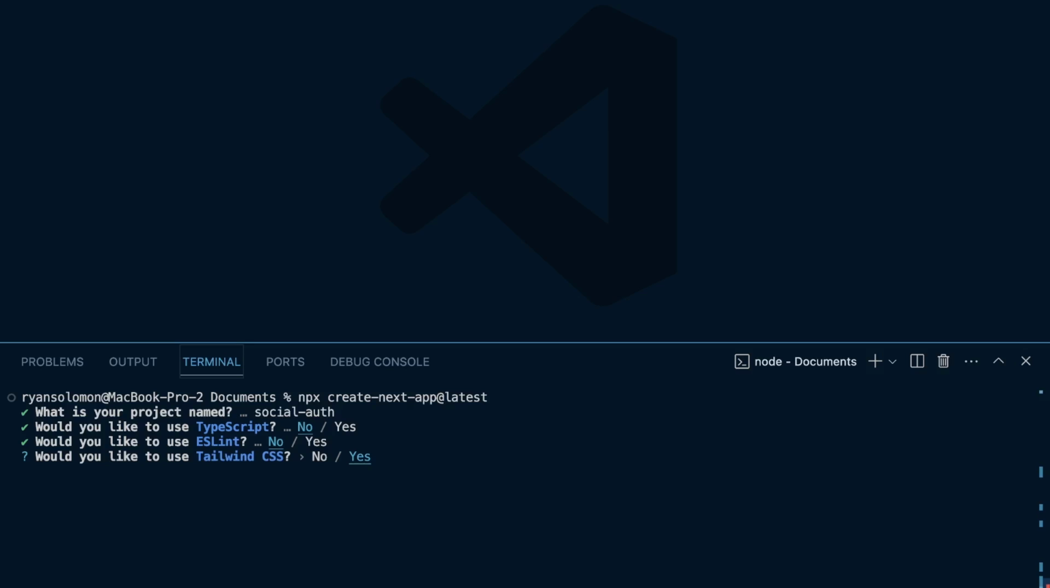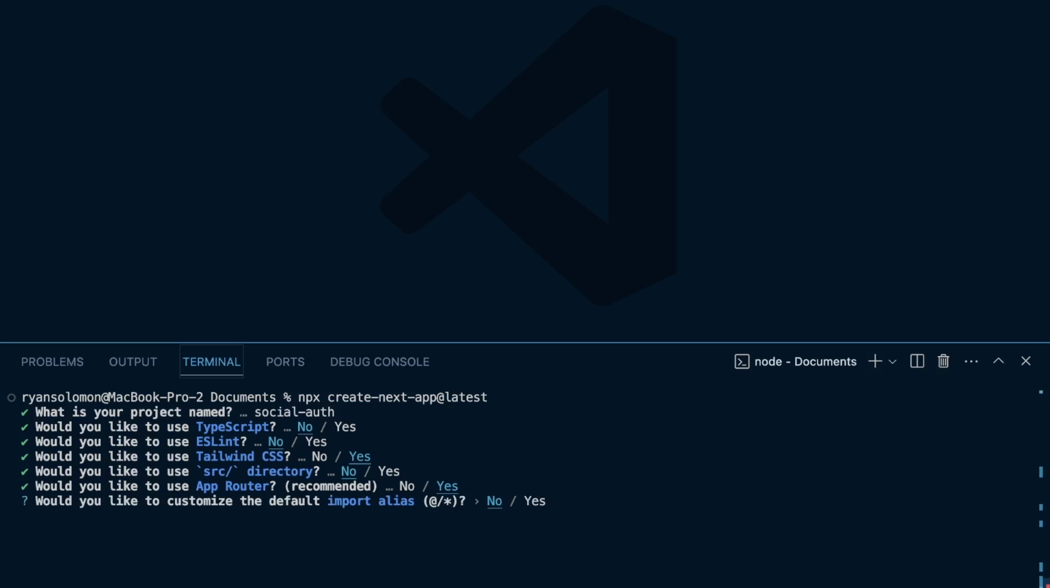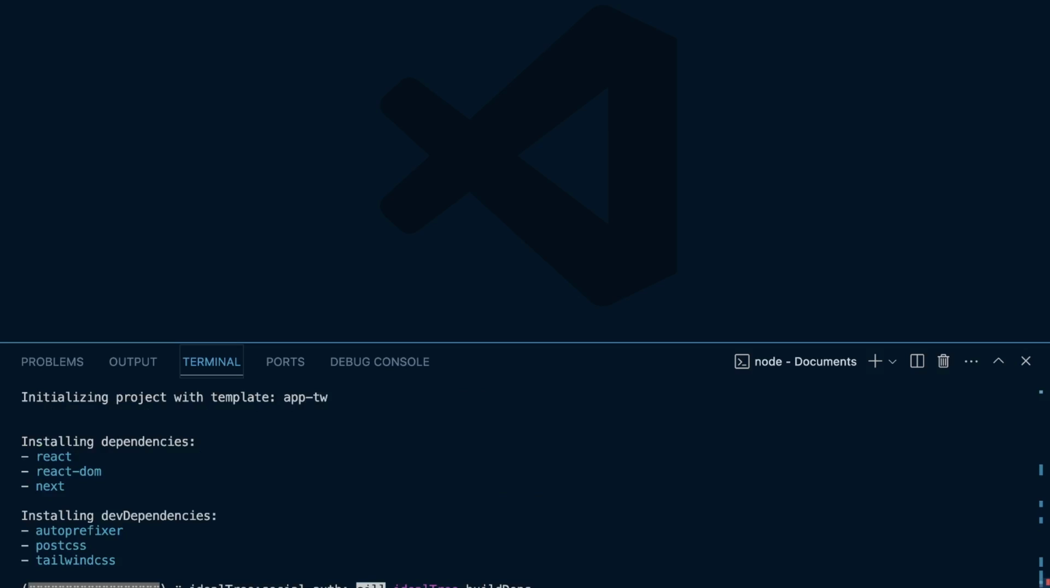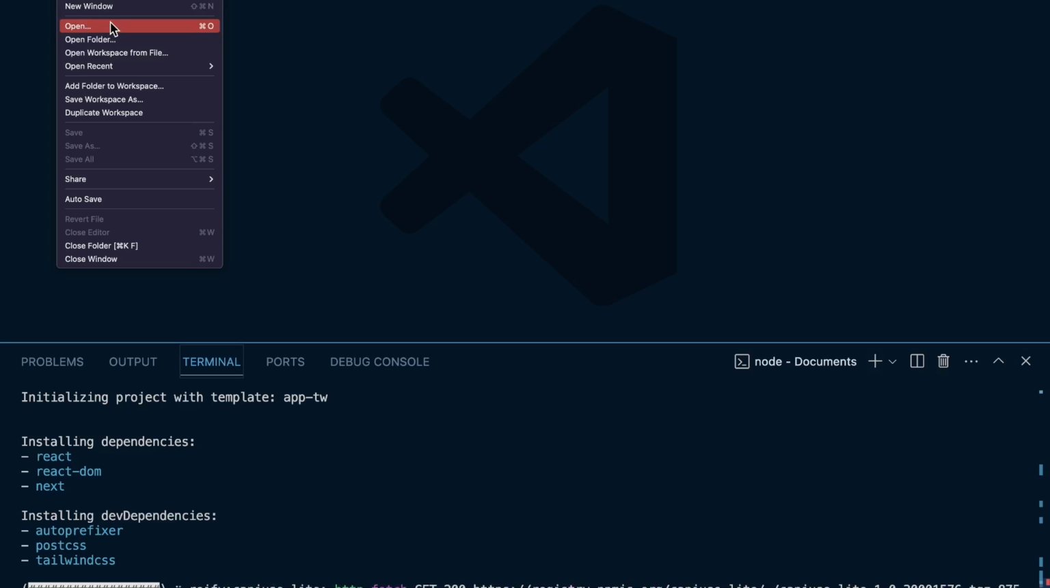And it's just very much so going to be somewhat okay. It's not going to look great, but I'm going to use Tailwind to do that. No SRC. We are going to use the app router. We're not going to customize the default import alias. So this is going to finish creating here, and then I'm going to go File, Open, then open this project